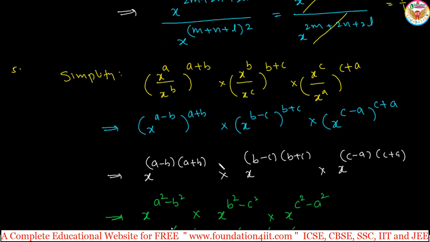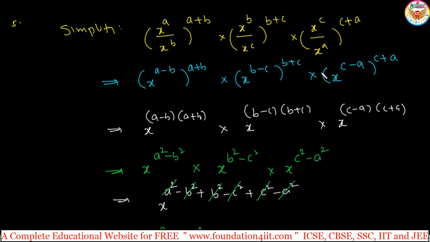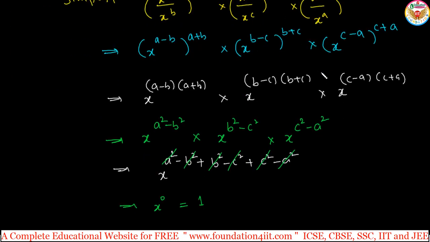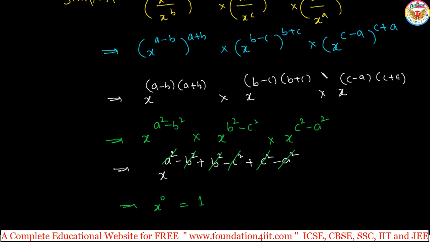Okay, the previous value also we have got 1 only. Even if you take this to the numerator also, same, x power 0 will come. However it is possible, we can cancel. Mostly you can find simplification questions in this way. So whenever you see these, just apply the laws of exponents, that is the product rule, quotient rule and power rule. If you apply, these problems are very easy.